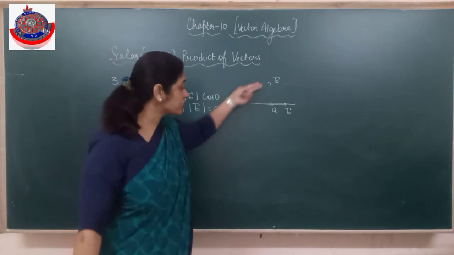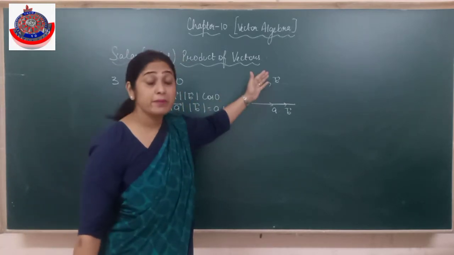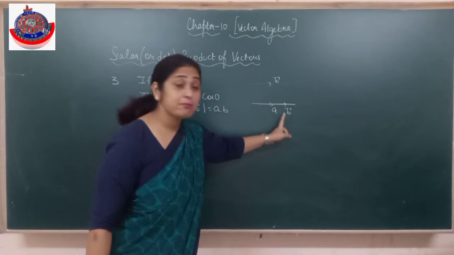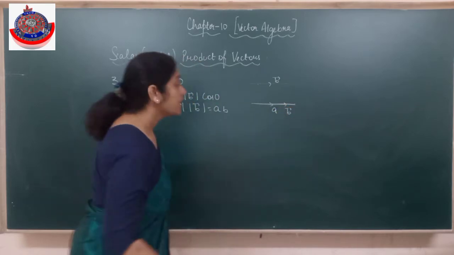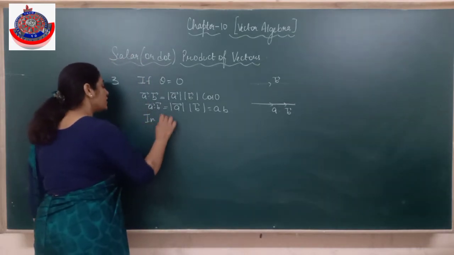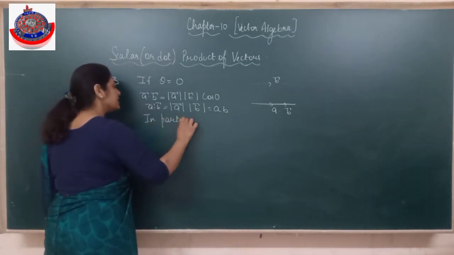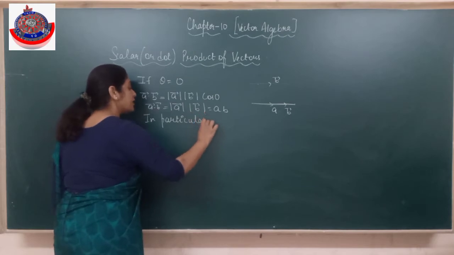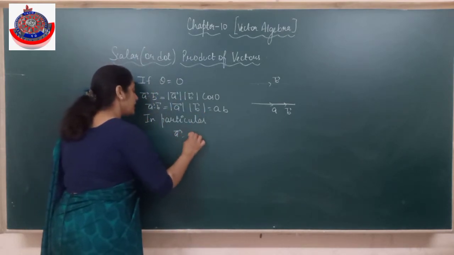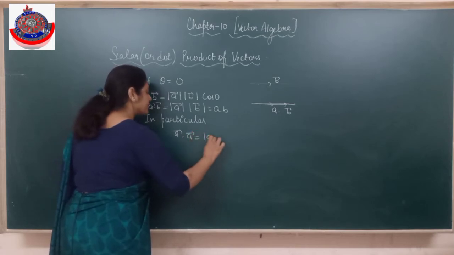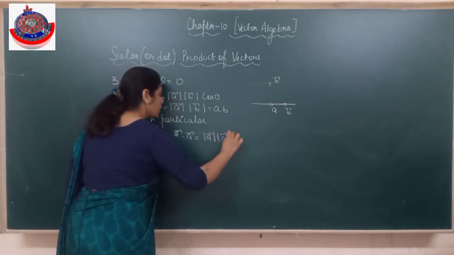तो इसका मतलब दो कंडीशंस हो सकती है ना. ये तो पैरेलल वाली होगी जब A और B अलग अलग है. If suppose A and B are the same, on the same line they are representing, that means B is also equal to A. So in particular, जब थीटा 0 है, 0 कब होता है? जब एक लाइन खुद के साथ एंगल बनाती है 0. Alright, in particular it will be A dot A. That will be magnitude of A into magnitude of A.